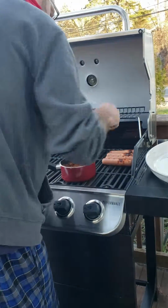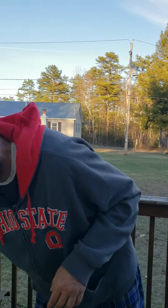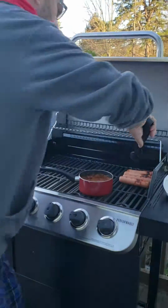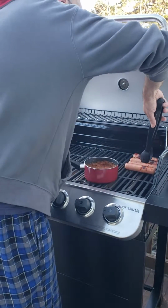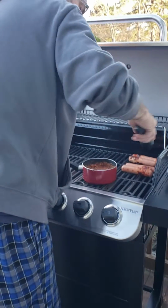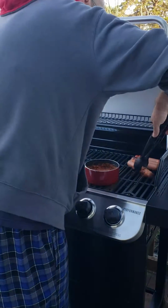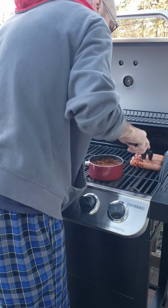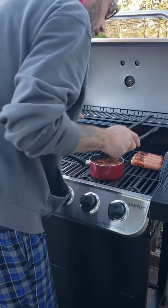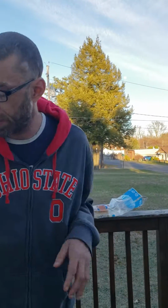Oh shoot. Okay. Damn, where are those tongs? No, I want to flip them. I know you like them crispy, hon. Burnt is more like it. Yeah, I know. But I'm not trying to burn the heck out of these things. But apparently with this grill, like I said, I just got this grill, so I'm getting used to how